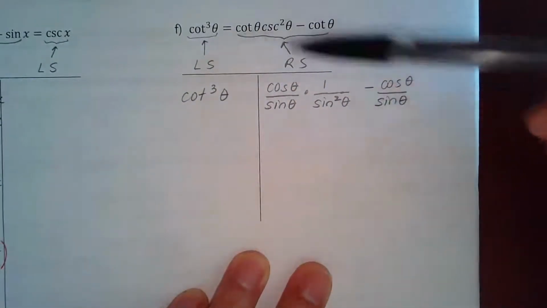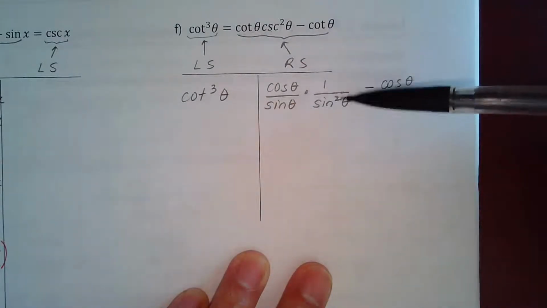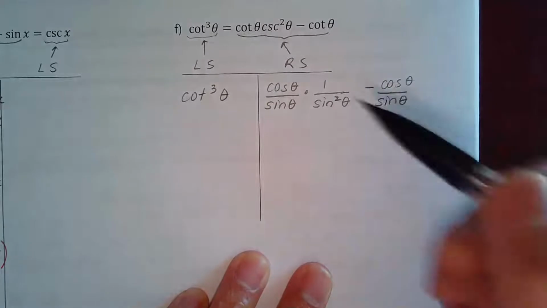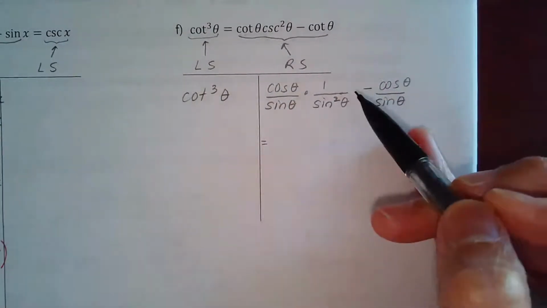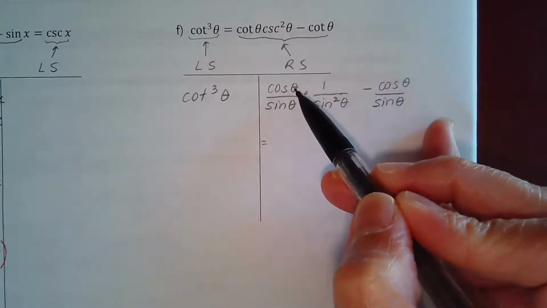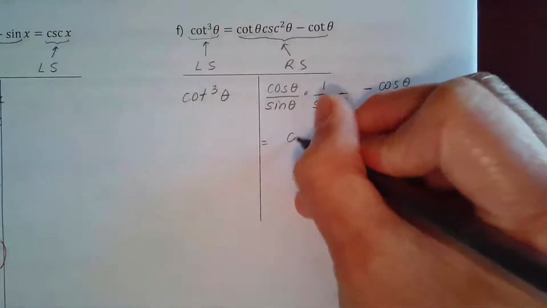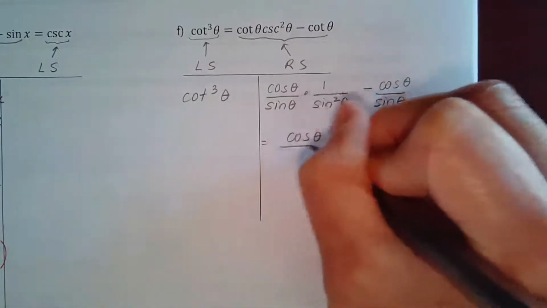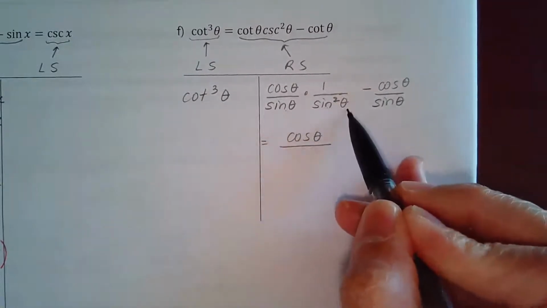And this line is equal to that line, and then I just change it in terms of sine and cos. Okay, now let's see if we can simplify things. Nothing cancels, okay, so that's okay. But we can simplify it. So cos theta times 1 is cos theta divided by sine theta times sine squared theta